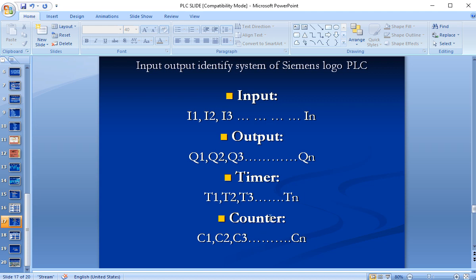So very important, four kinds of devices. Input means any kind of sensor, proximity sensor, any kind of analog sensor, push button, selector switch. Any of these devices depends absolutely on the input from us, the users. Output will be a motor, or any kind of destination output that will be turned on. If I want to turn it on, we use Q1 and Q2.